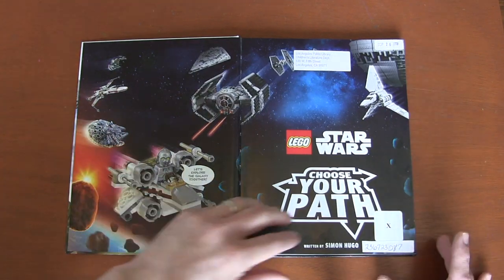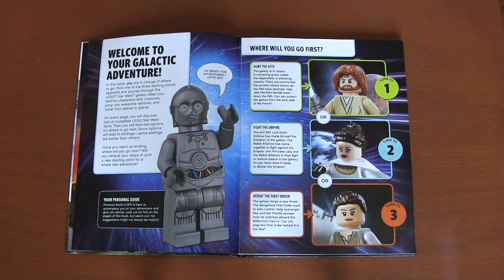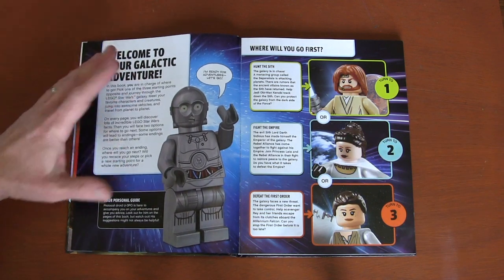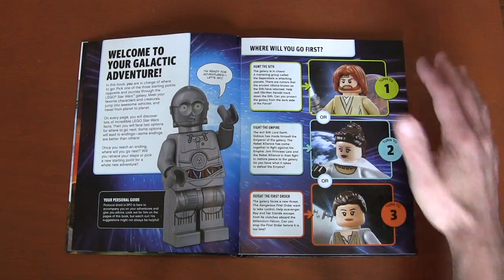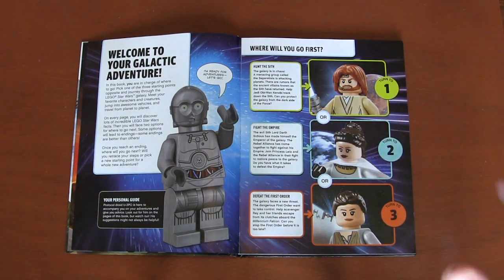And I think it's great for our younger audience who are able to read chapter books and are really into Legos, and I think it encourages reading things over and over because you keep getting different stories. This is an introduction to the book and how you can choose your different paths, and you're basically doing the 3 storylines. You've got the prequels, the original trilogy, and then the